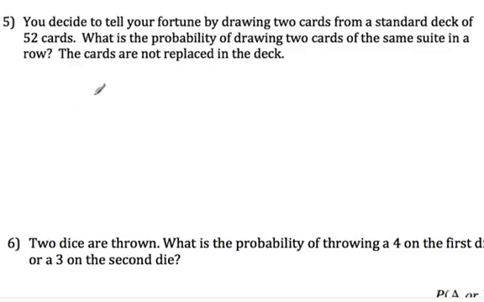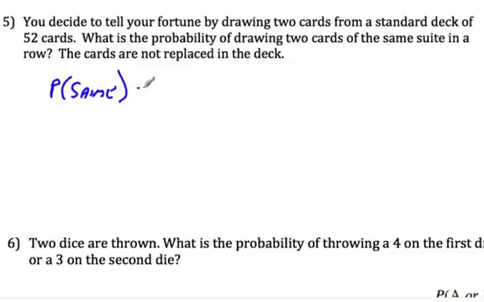Now the next question is a little bit more simple than it appears. If you draw your first card, it's either going to be a club, a heart, a spade, or a diamond. And regardless of which suit you pick first, if you're going to draw a second card that's the same suit, well then the probability of same suit then,